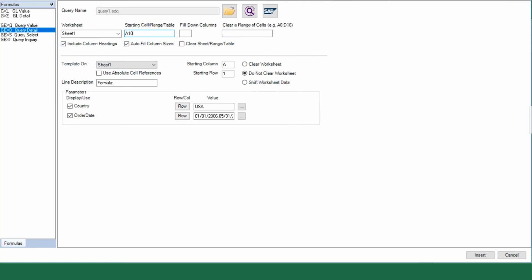But I am inserting my data to a cell. So when I insert to a cell, I can clear a range of cells. I do not want to check this box, clear sheet range cell, because if I'm doing a cell, it will clear the sheet. In my case, my formula and my results will reside on the same sheet, and I don't want to clear that data. So in this clear range of cells, I'm going to say I'd like to clear cells A10, colon,